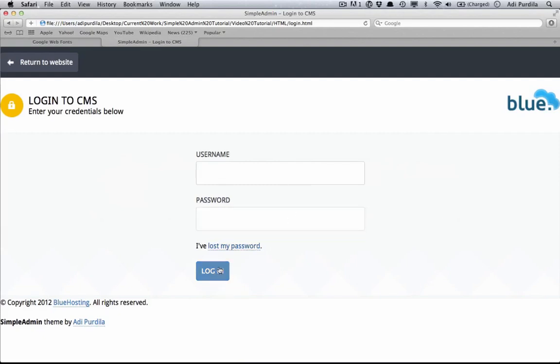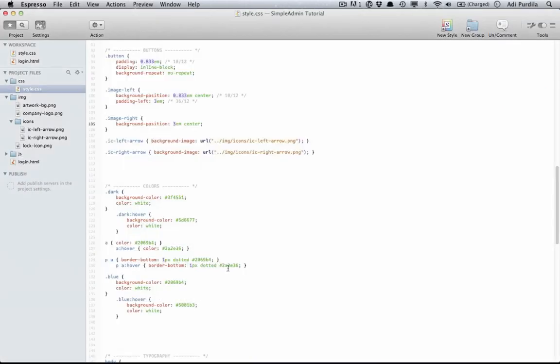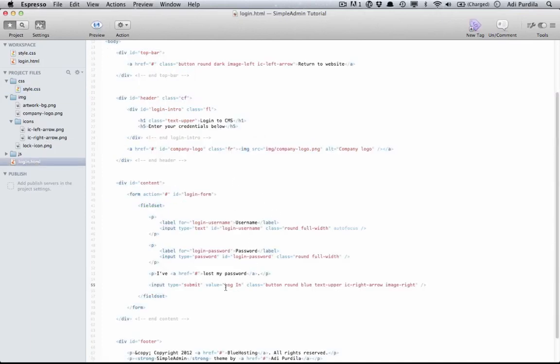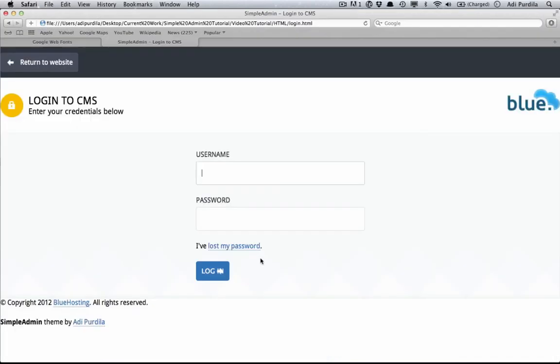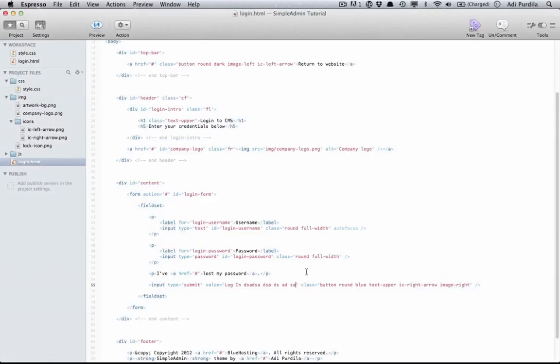Now you see, this one is 3 ems from the right, and that's pretty much good. But what if we increase the width of the button? It's a very, very long button. Well, it's not good anymore, is it? Because it's stuck at 3 ems, but it's 3 ems from the left, not from the right, and that's the problem that we have. So the solution I came up with